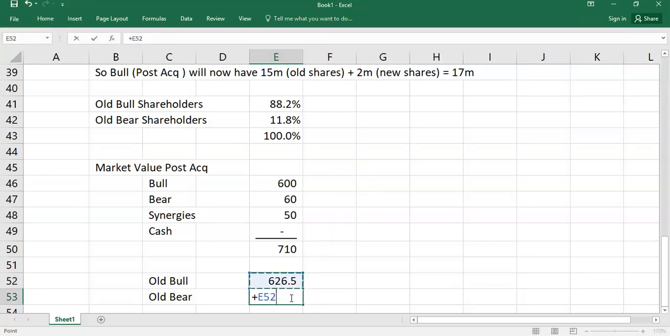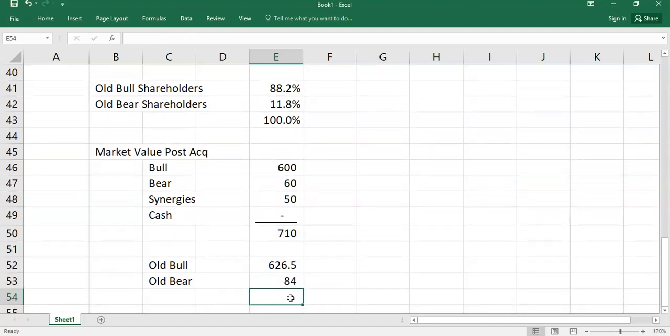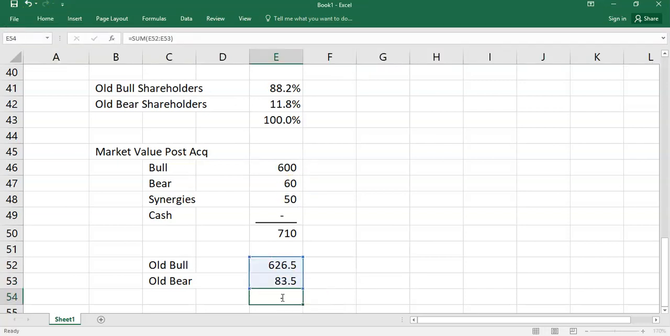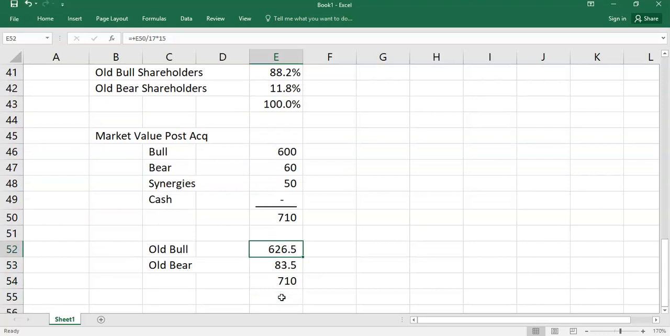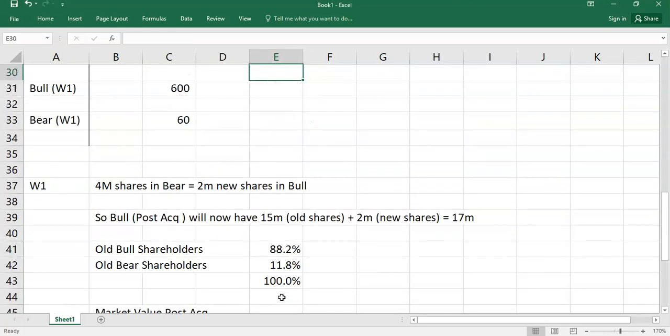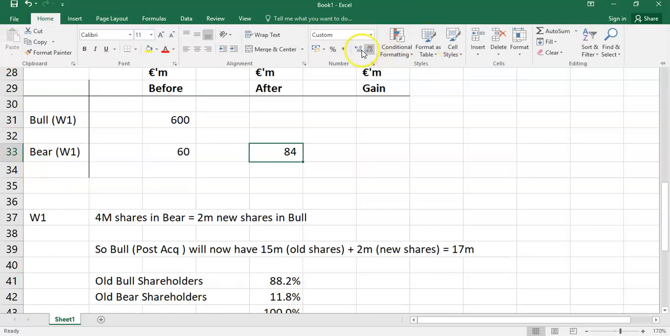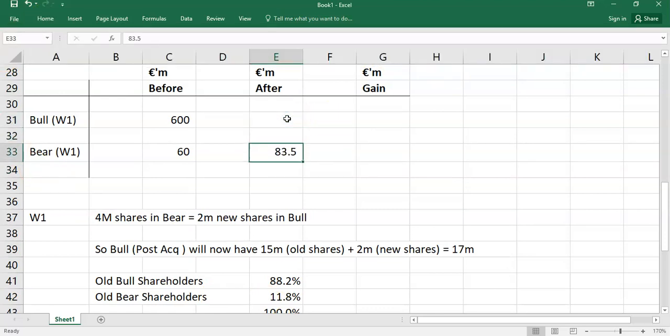And then here, 710 divided by 17 multiplied by 2 million, because they now have 2 million new shares in the bigger entity. That's worth, if you want to bring it back, 83.5. So overall, it's the 710, but it's split based on their shareholding. So if you come back up here, you will say now this is worth 83.5. I'll just bring it to one decimal. And that's worth